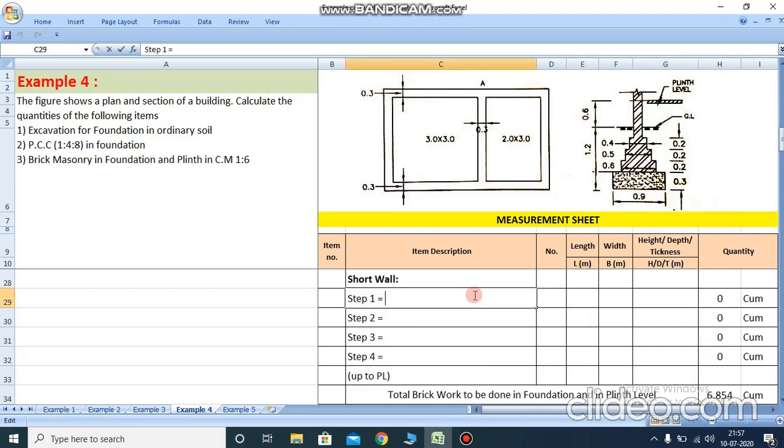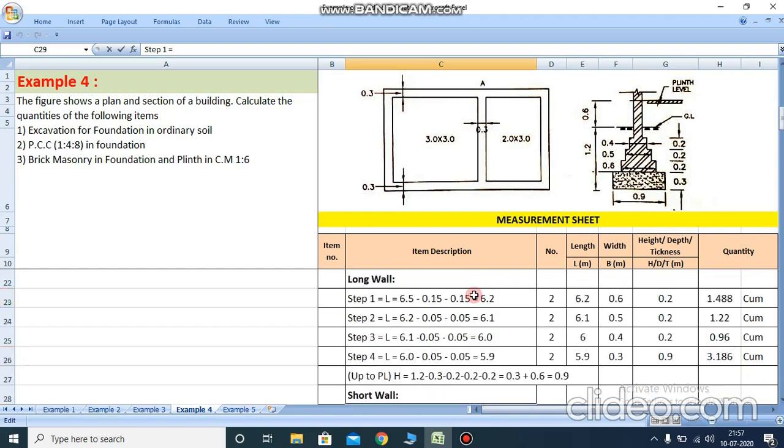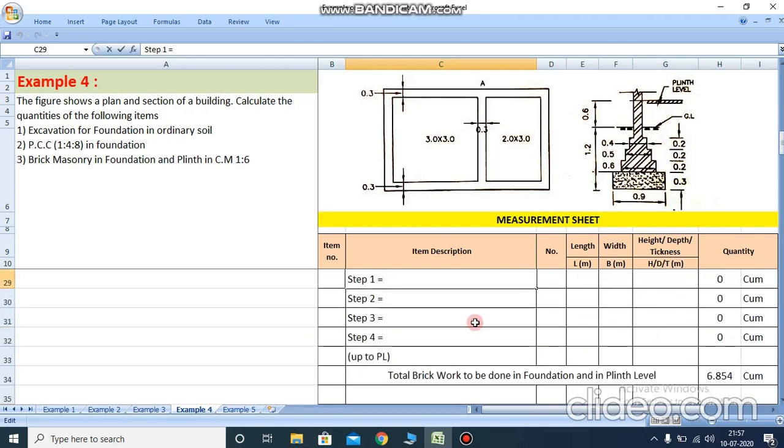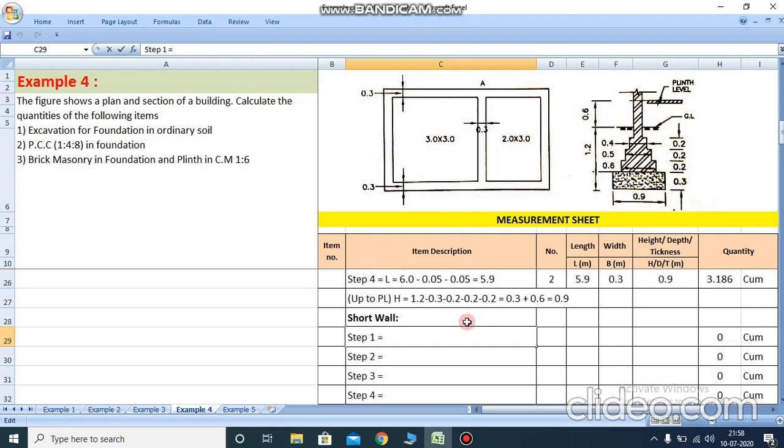So first, start of the short wall, we already found the length for the excavation. See this point. So for the short wall we find the total length is 2.4 meter. Clear? So in a short wall calculation, first we find 2.4 meter length, plus. So 2.4 we find for the 0.9 meter width PCC work, and for a step